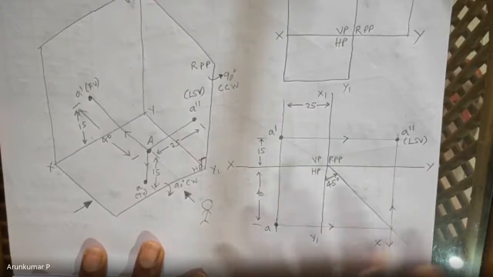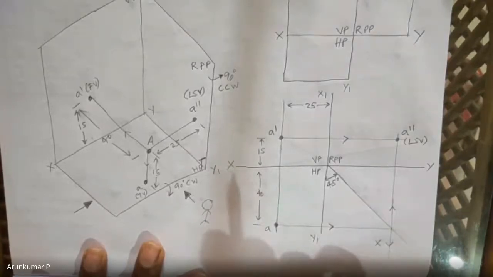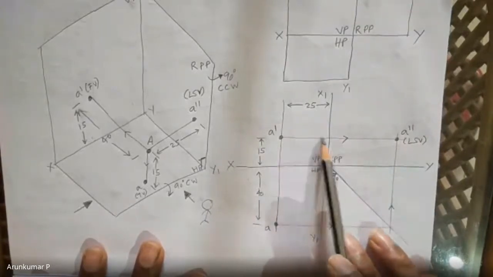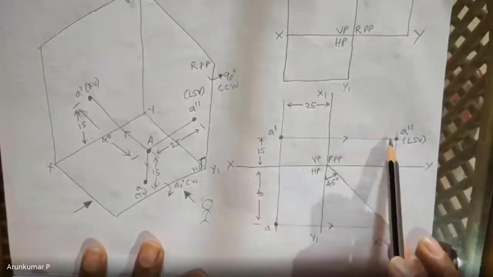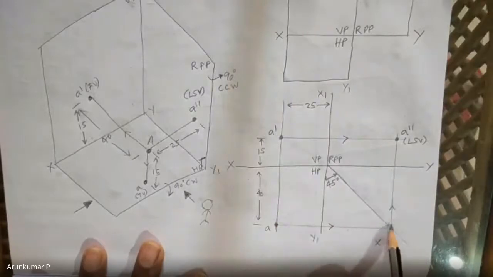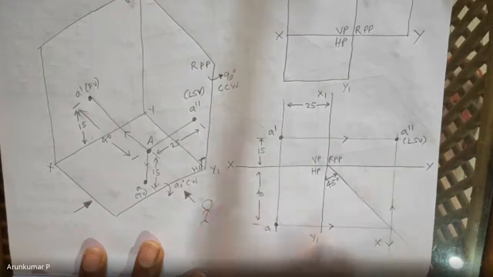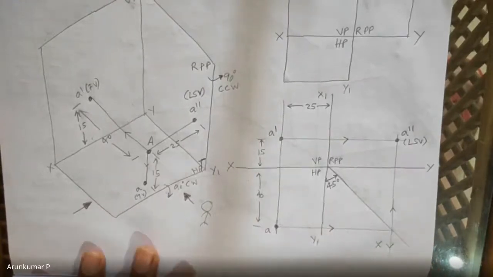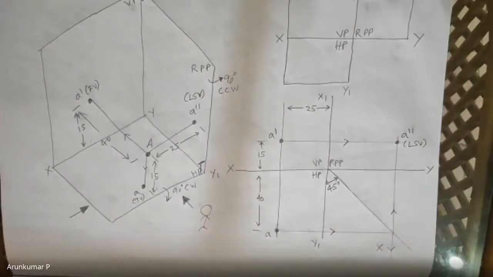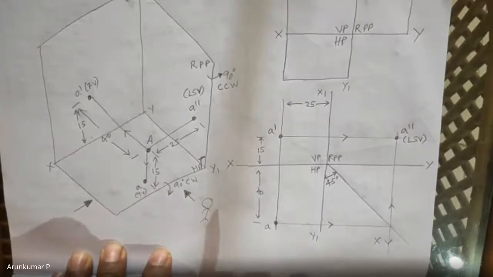So that is why this construction method is designed like this. Wherever the front view is up or down, you have to project it in that particular direction. Okay, and then make it join with the projection of the front view. So the projector of the front view and the projector of the top view will intersect at this point, and that will give you the side view. Now just to confirm whether this particular method is correct or not, let us draw some analogy and see.